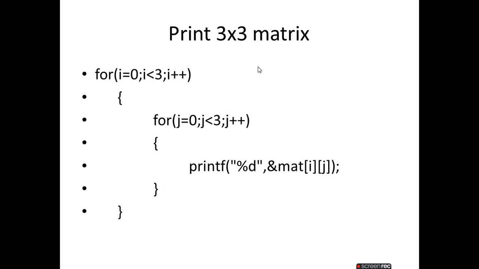As you can clearly observe, this for loop and this for loop condition are the same. There is no difference, just scanf and printf. Now for printing, same way, i equals 0, 0 less than 3. For j equals 0, 0 less than 3. Then if the condition is true, print matrix[i][j]. That means the [0][0] value is printed.